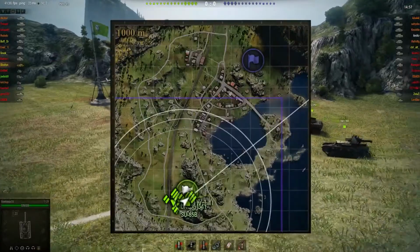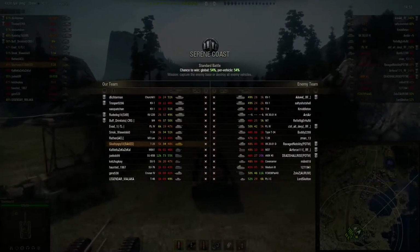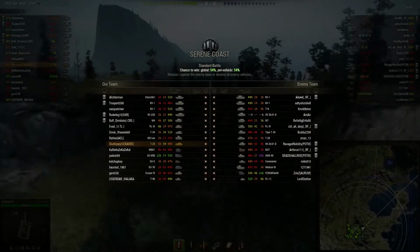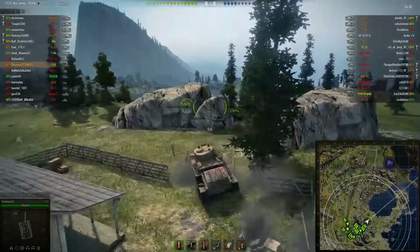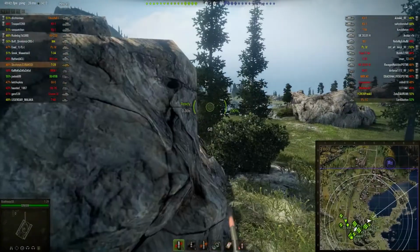And now a second replay of the day from the user Slushy Spy 33. That's Slushy Spy 33, and he's driving the T28 on a standard battle on the Serene Coast. T28 being a tier 4 medium tank for the Russians, and this tank is pretty much unremarkable in almost every single way,